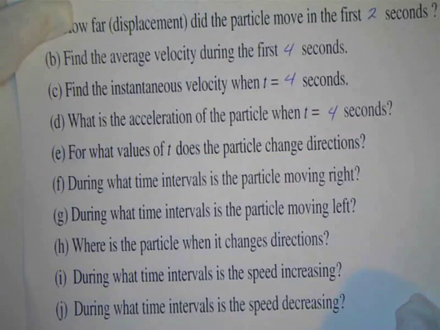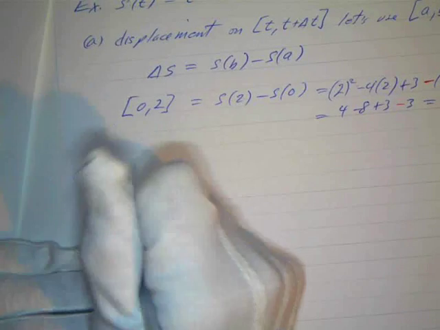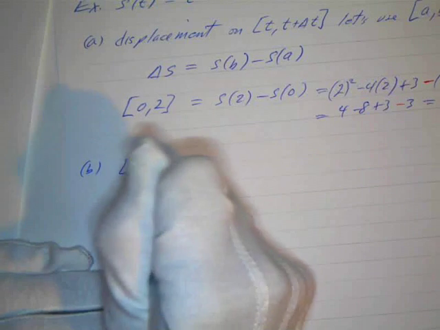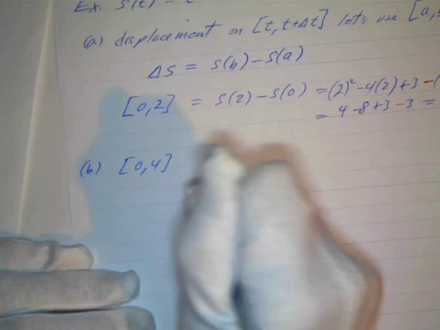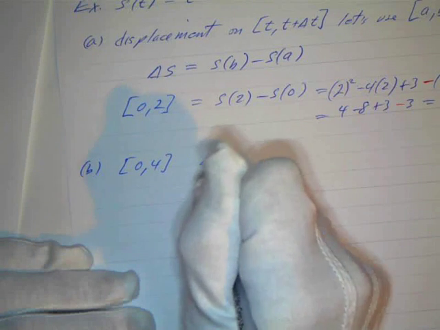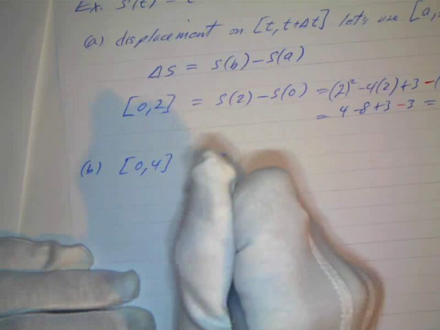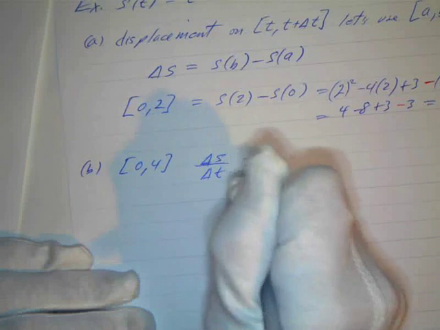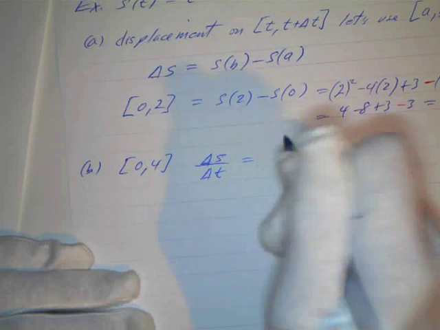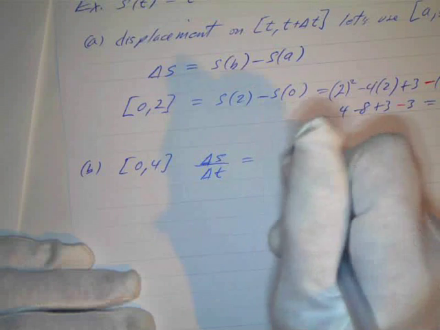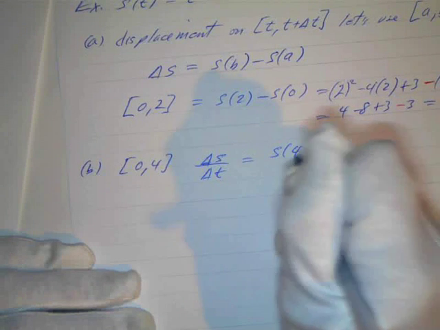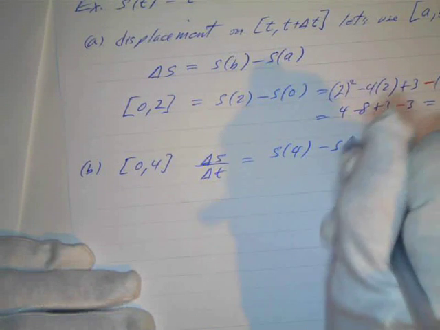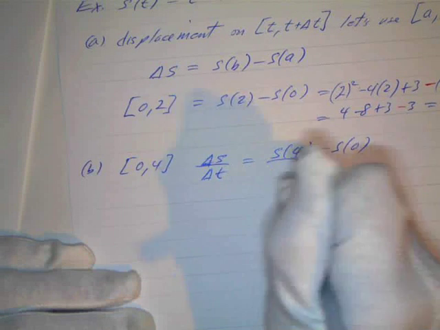Letter B on this list here. Find the average velocity during the first 4 seconds. So now we want to find the average velocity from 0 to 4. And the average velocity is just the slope there, delta s over delta t. And that's going to be s of 4 minus s of 0 all over